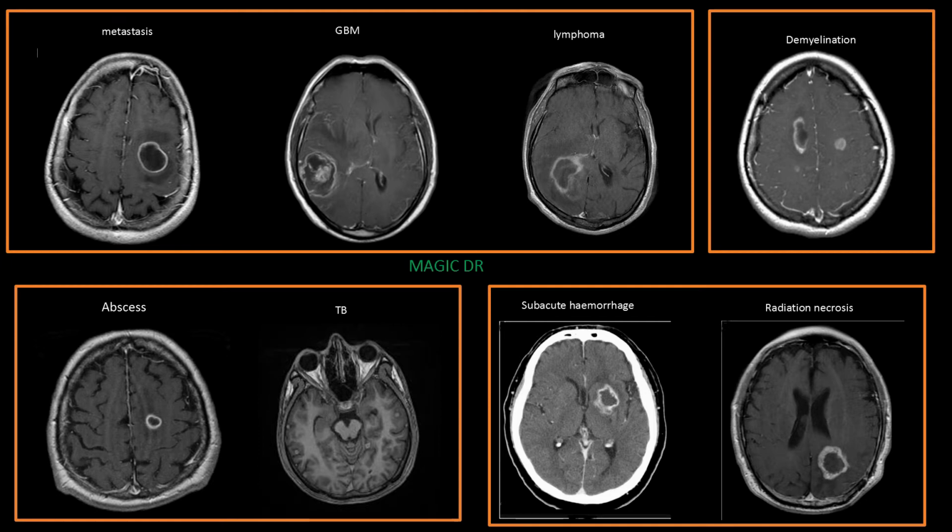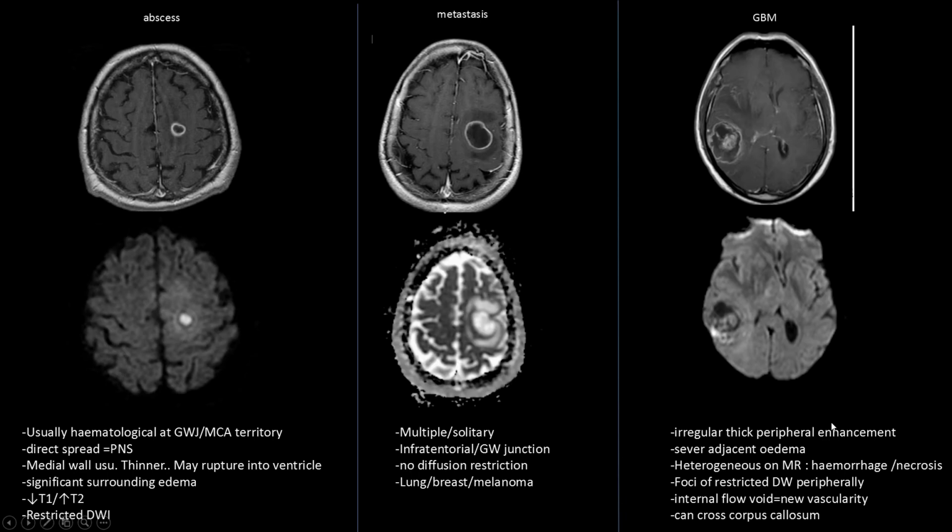Each of these diseases, the patient will present differently. We know that demyelination occurs usually in younger patients, GBM in elderly persons. Metastasis will be seen in patients who have a primary neoplasm, lymphoma and toxoplasma in immunocompromised patients. If the patient has a history of travel to an endemic area, then we can suspect tuberculosis. In case of brain abscess, the patients will be very sick and will have a short history. In hemorrhagic or infarction stroke, the patient will have acute symptoms. We really need to differentiate between those three causes, which are abscess, metastasis, and GBM.